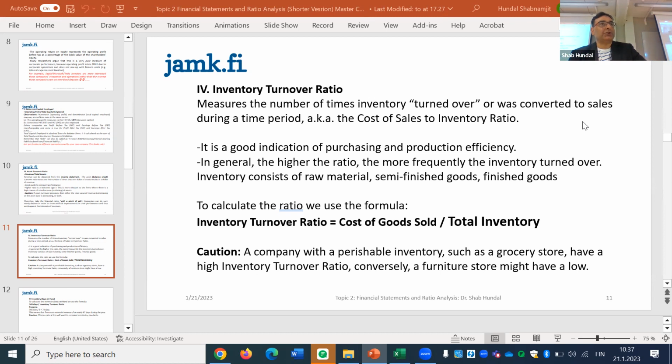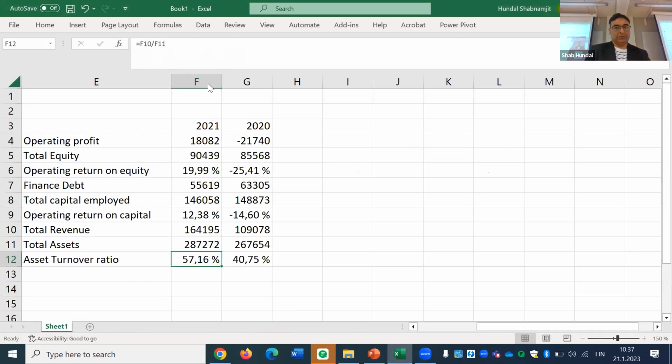So this is also showing the factory-floor-level operating efficiency of the company. And how do we calculate it? We just have the cost of goods sold, and then we have the total inventory. If this ratio is increasing, it shows that we are processing the inventory faster. So what do we need? We need the cost of goods sold, and we also need the total inventory. Now, to get the cost of goods sold, if I say COGS, cost of goods sold,